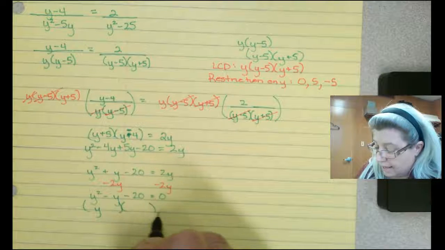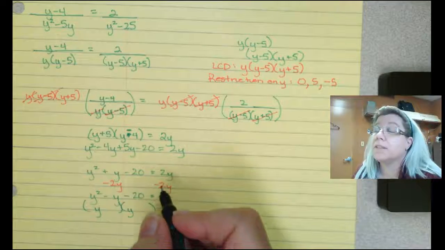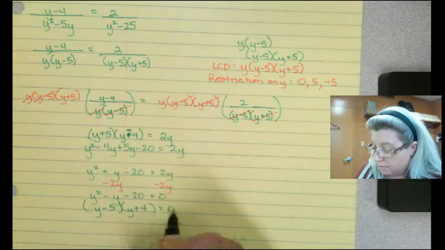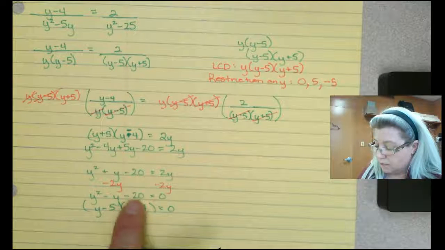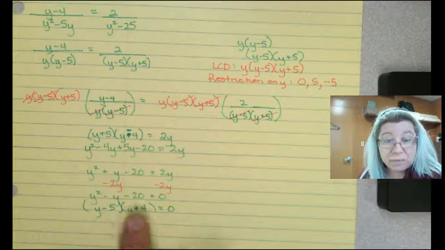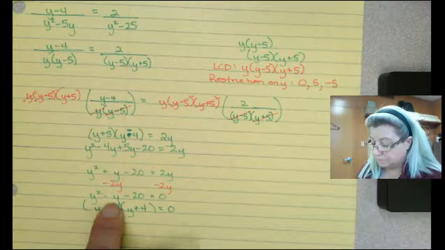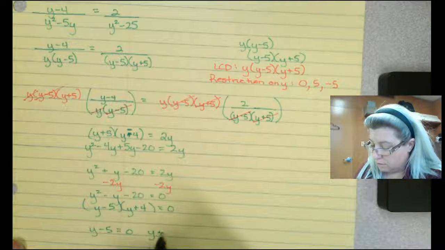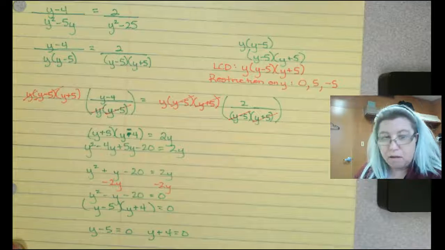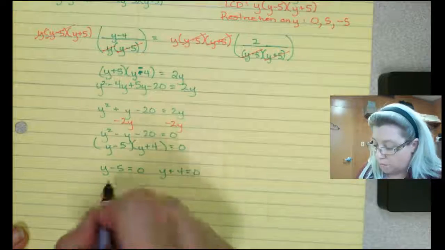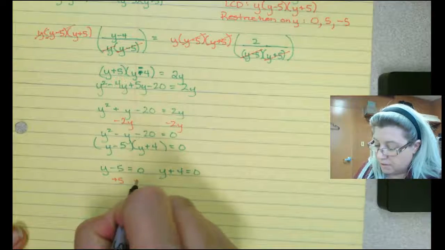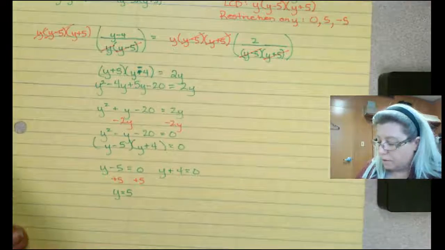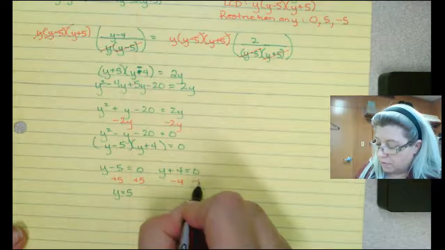Y, two numbers that multiply to negative 20 but add to negative 1. Negative 5 and positive 4. Negative 5 times positive 4 is negative 20, but negative 5 plus 4 is negative 1. Now I set both of those to 0 and solve using the zero factor property. Plus 5, plus 5, y equals 5. Minus 4, minus 4,